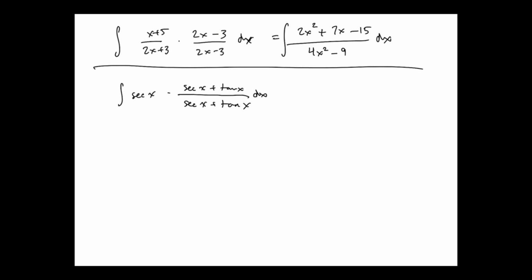Let's multiply everything out and see what we get. All right, so what happens if I multiply everything out? I get secant squared plus secant tangent over,